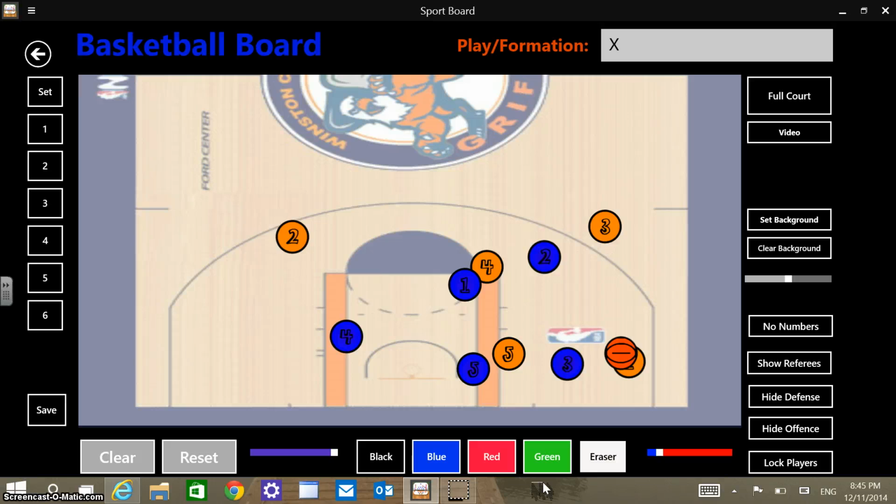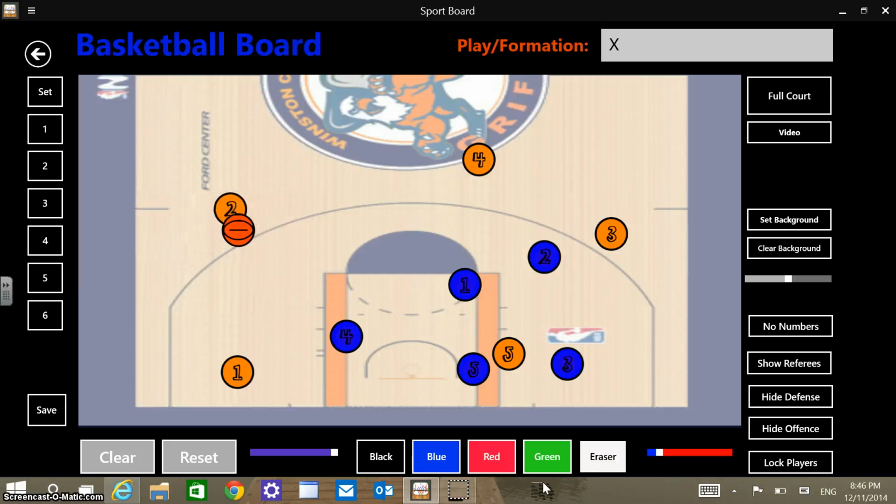Then we'd see the same kind of thing. We'd see ball reversal. Sometimes we need to pop here, and then the forward would again jump up. We would move the ball quickly, bang, bang, over here. We get that 1 running the baseline again. At the same time, typically this will be a little further out. If we don't get a good scoring attack there, we get the 5 flashing to high post, 4